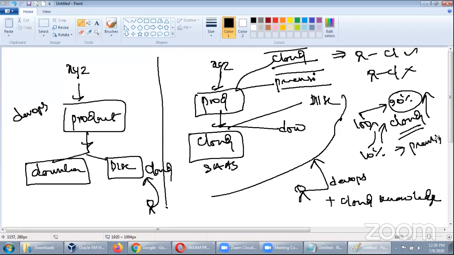So then the question comes: do you require cloud now? The answer is yes. Because in most of the market, most of them are product-based companies. They go with providing SaaS, software as a service, and they launch their product on the cloud. So any candidate who joins their project, they expect minimum knowledge of the cloud. I'm not saying that you should be an expert, just minimum knowledge based on their role.